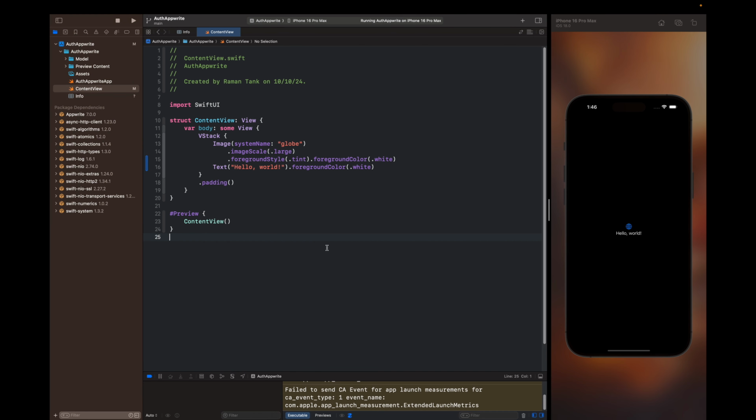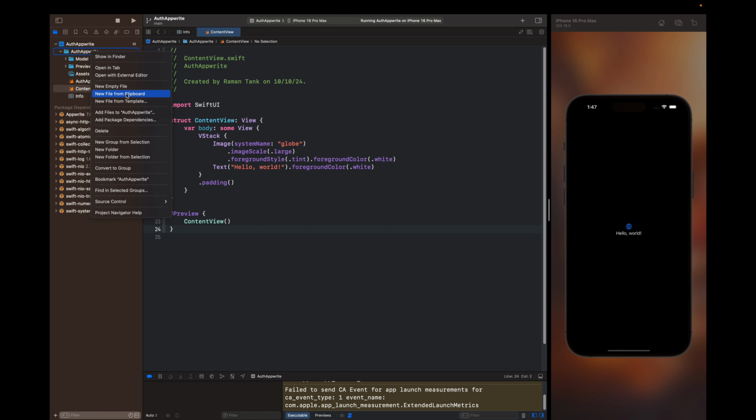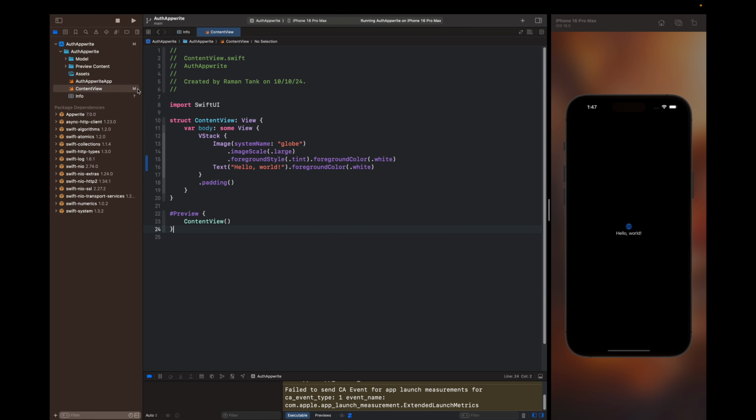Okay, so welcome back. Actually, there was some problem with my inbuilt simulator, so what I did, I just ran an emulator, and we are going to test it there. Now we are going to create models, and multiple things. For example, let's say model and Appwrite logics. So I'm going to create a new empty file,